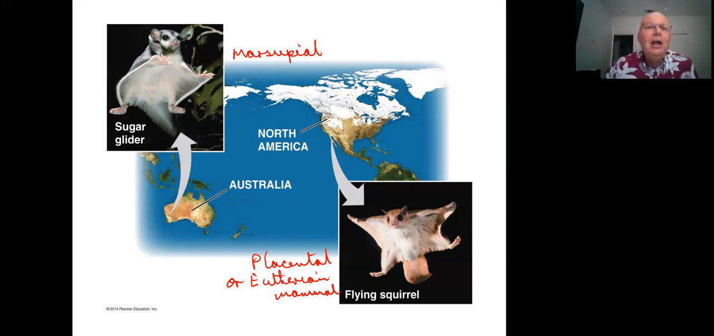So we can't consider their common features, and you can see that they do share common features, as being the product of common ancestry. So these are not homologous structures. These are, in fact, analogous structures. So the common features here